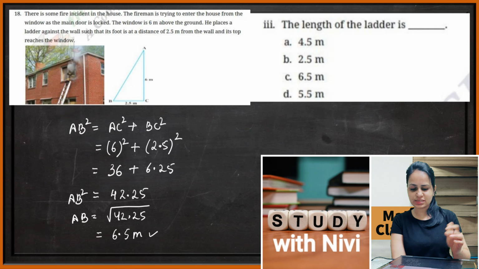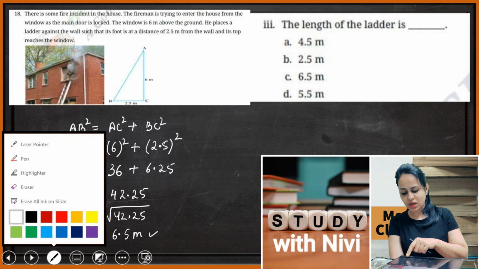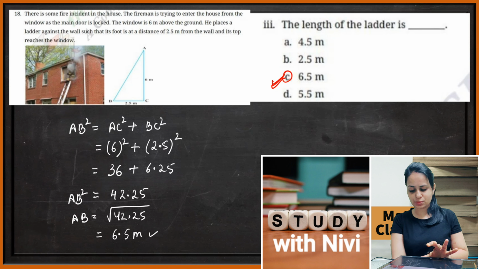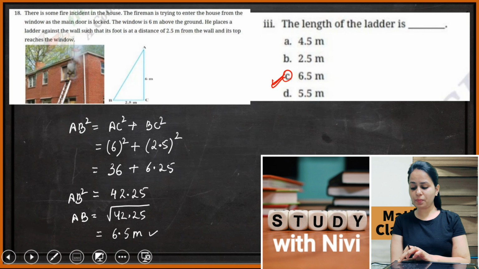So next, which is the correct option over here? The correct option over here is part number C. So we could have solved this particular part as well. Okay, now moving on to part number 4.